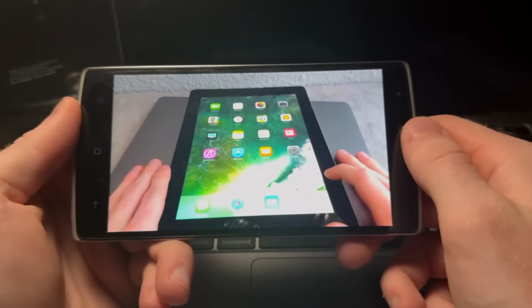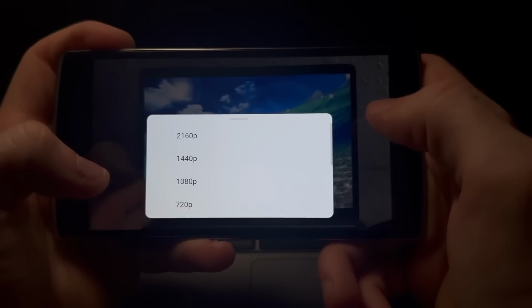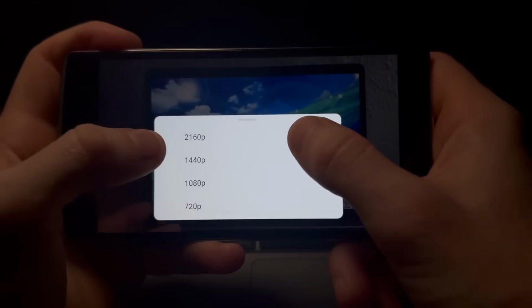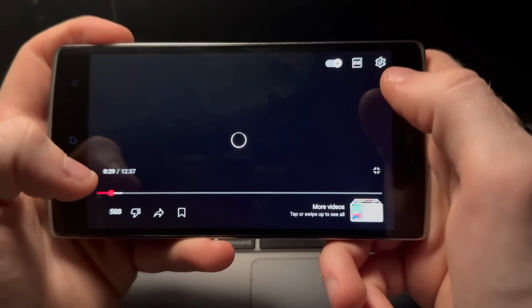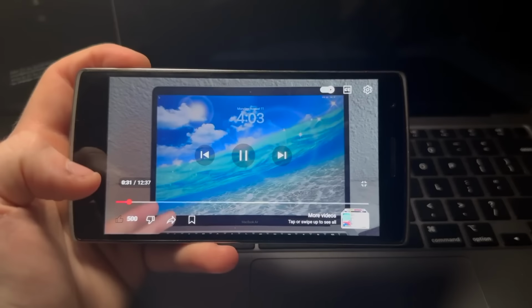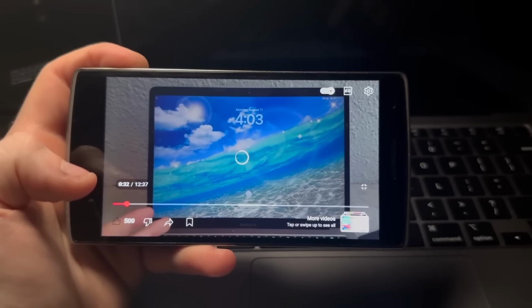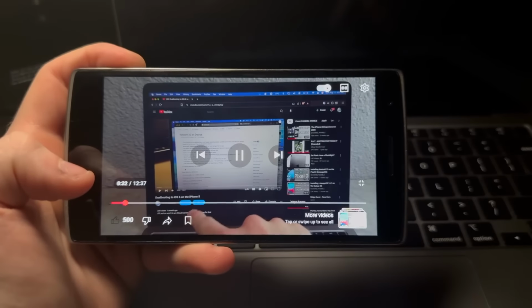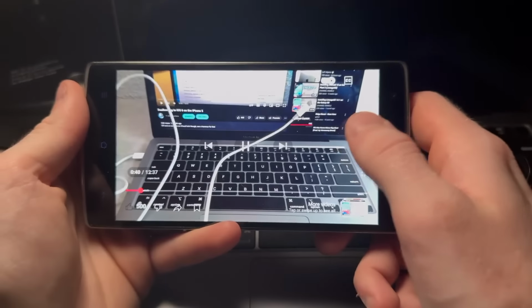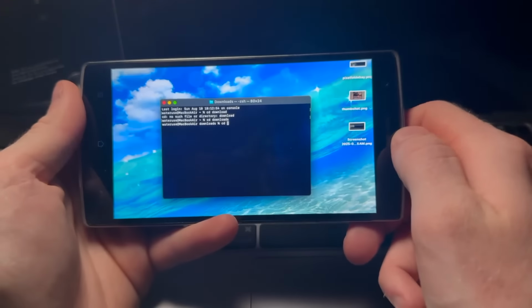But what if we bump the resolution? Oh, what the hell? It was on 360p? Oh, yeah, 4K. You're not gonna work, are you? Oh, it's struggling hard, but it's actually playing the 4K video. Let's try 1080p instead. Yeah, 1080p is way more comfortable for this device, but there's also another way to play